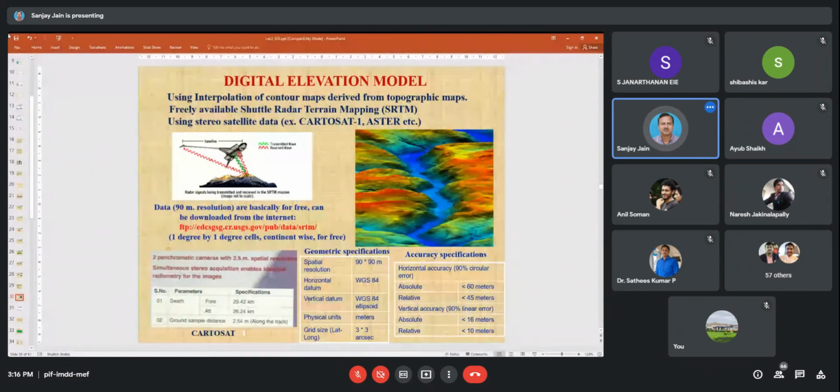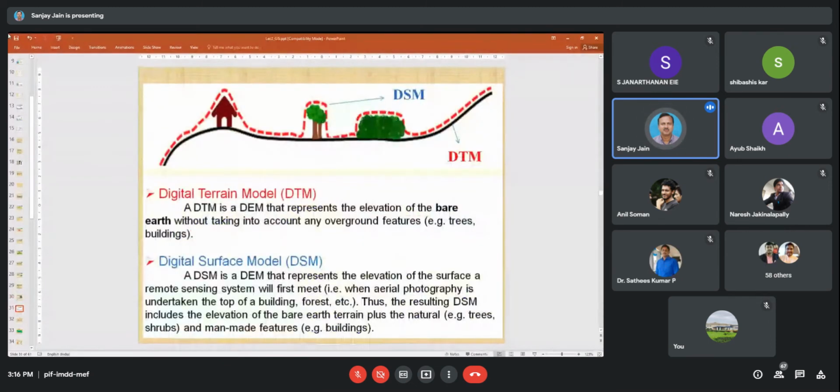How? I know some of the points with the exact height. So I will replace those points in that map, and then again do the kriging or interpolation with the help of accurate values. That way I can improve my original DEM to a certain extent. Say if my error is 7, then I can reduce it to 3 meters. But I cannot go beyond that. For that, I need certain advanced technologies. There are other terms also, digital terrain model and digital surface model. They are synonymous, but there are certain differences.